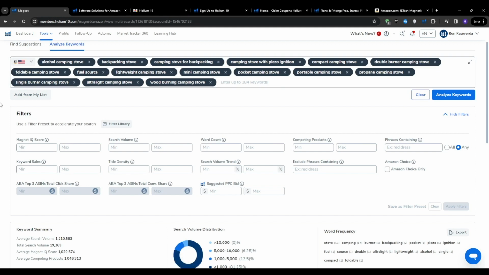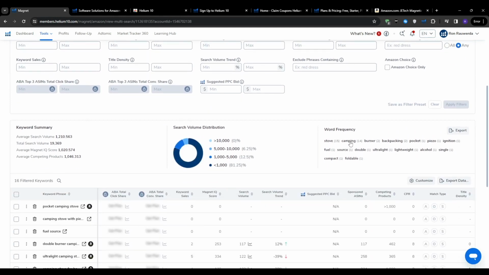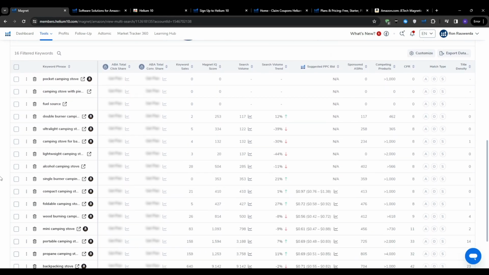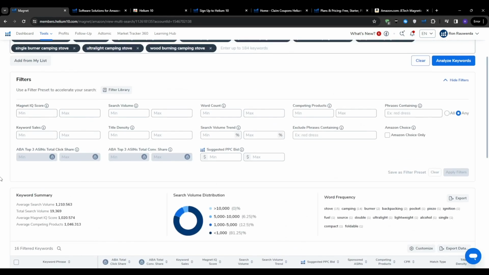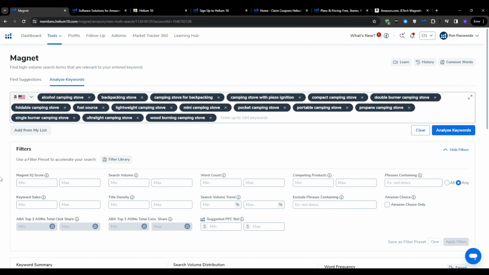So with some keywords added, I can see that stove has occurred 15 times, camping has occurred 14, there is burner, backpacking, pocket, and so on. And you can see how valuable this could be when the list is much larger. And this tells you that these are the most important words to include in your listing optimization and advertising efforts. You might use this information to create compelling product titles or to develop targeted PPC campaigns around the keywords